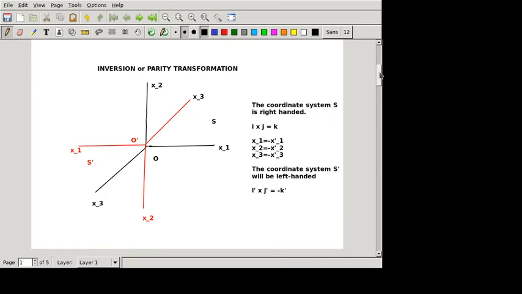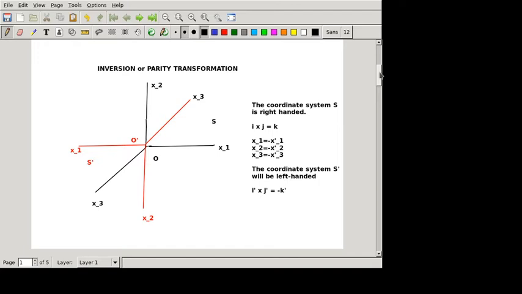Now let's take a look at another kind of transformation, which is known as inversion or as the parity transformation. To start with, the coordinate frame S is right-handed. What does that mean? That the unit vectors i, j and k are oriented such that i cross j gives us k. Now the inversion inverts the sign